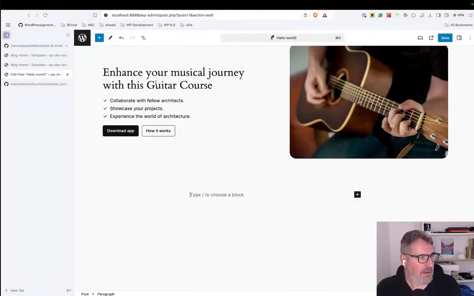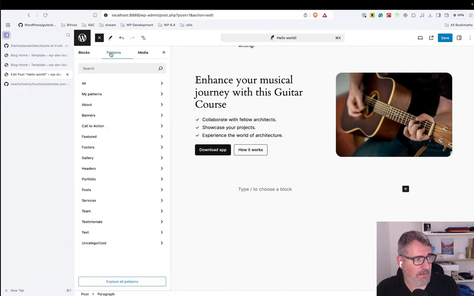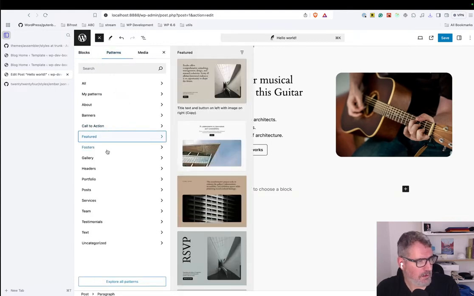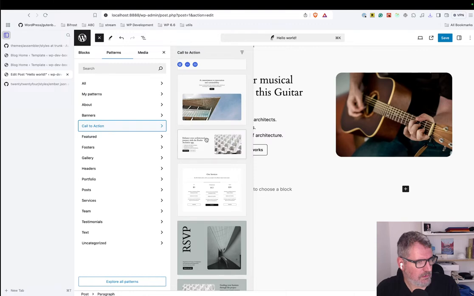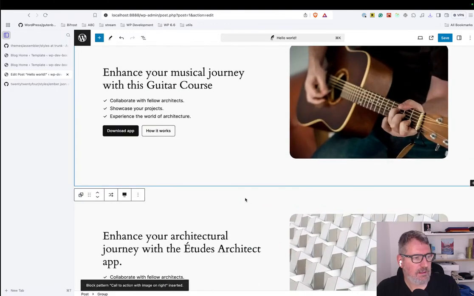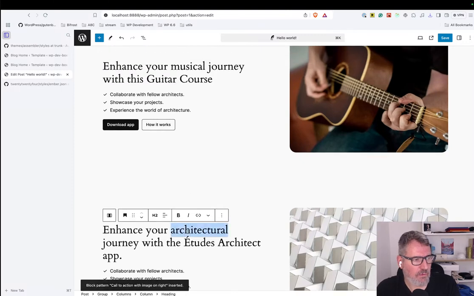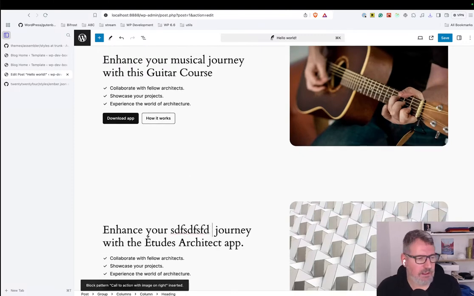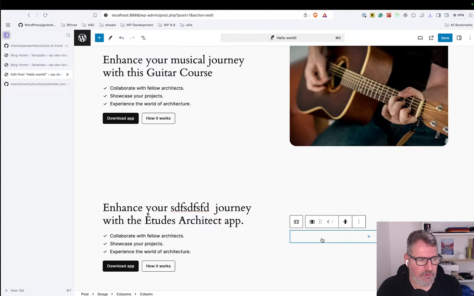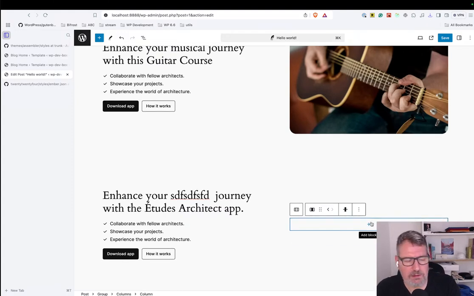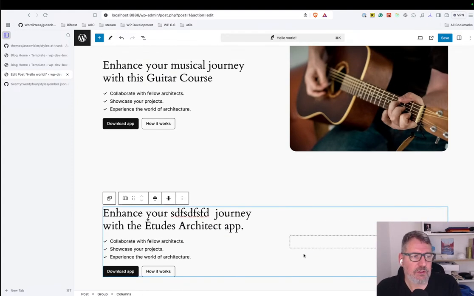Then I can insert another pattern. I can insert the same pattern, which was call to action. It was this one, right? Yeah. As you can see, nothing has changed. So we can include completely independent patterns and we can do whatever we want. We can remove this image and insert here any other thing. So this is the default behavior for patterns, but we can